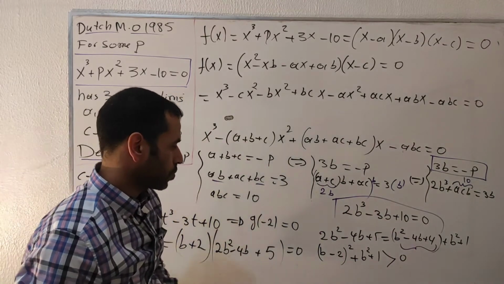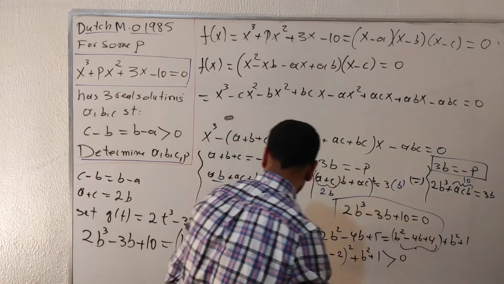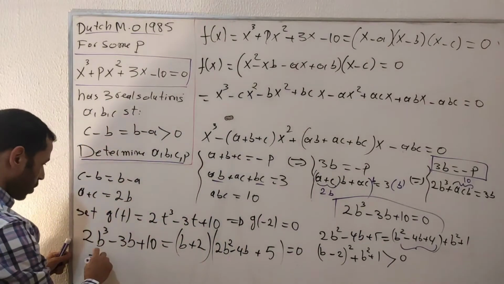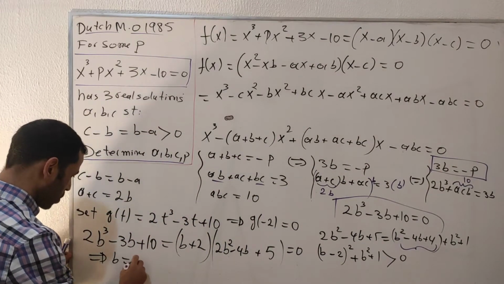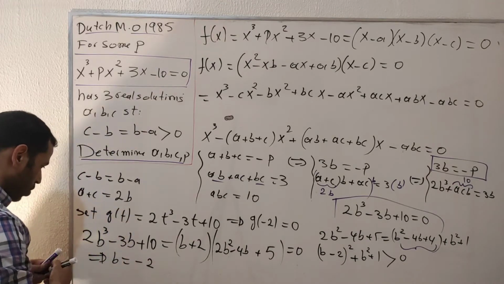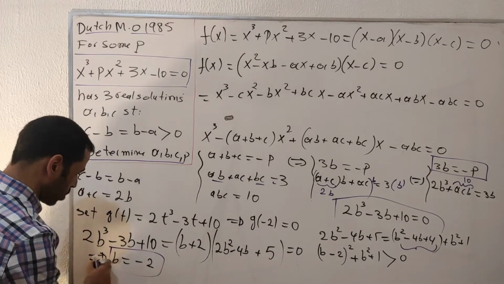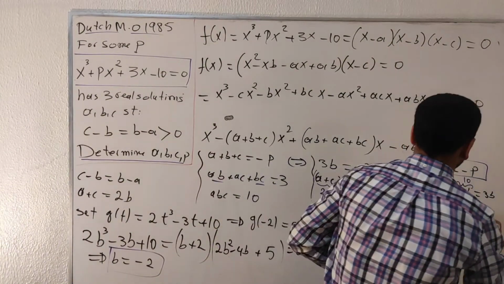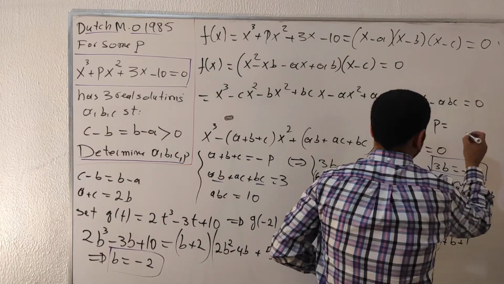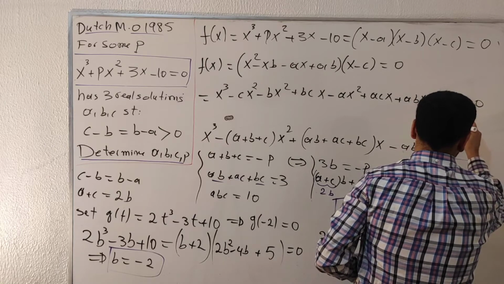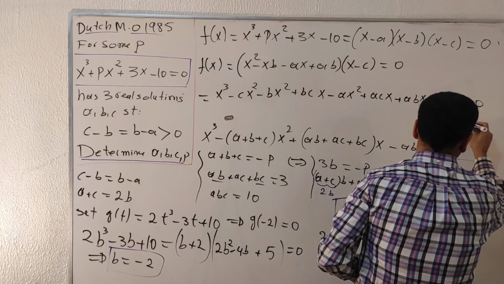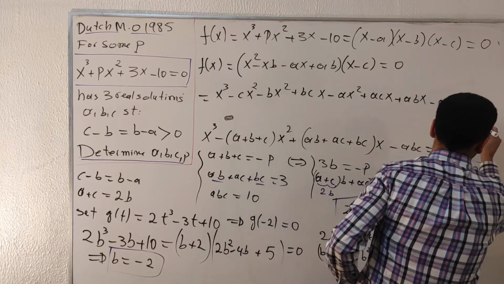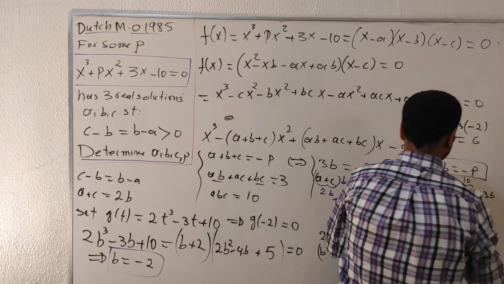Okay, so which means we have no roots of this one, so all the roots of this one go toward this one. So which means I get b equals minus 2. So here is the solution. Here is the first solution. B equals minus 2, which means I'm going to determine p now. So I get p equals minus 3 multiplied by b, which I replace with minus 2 here, which equals number 6. Okay,